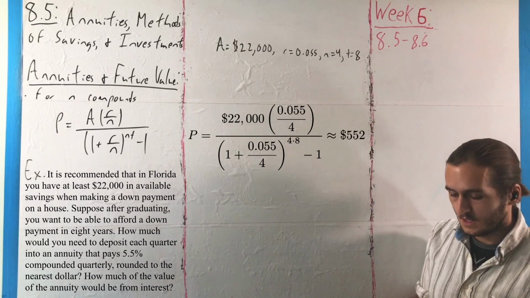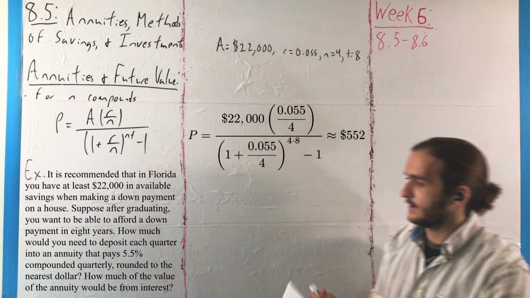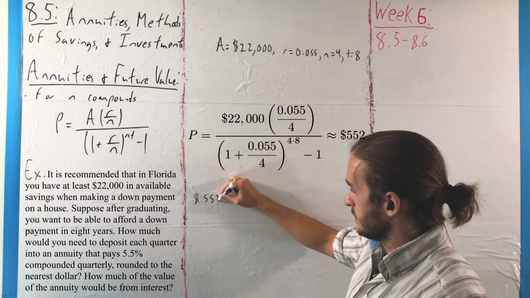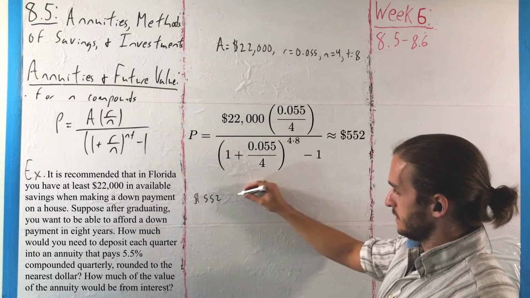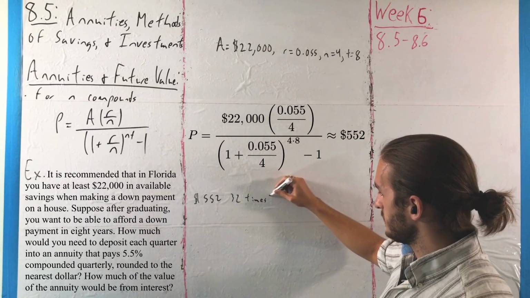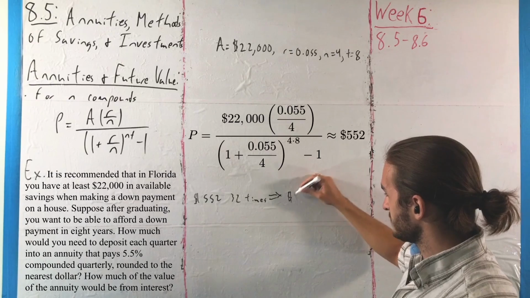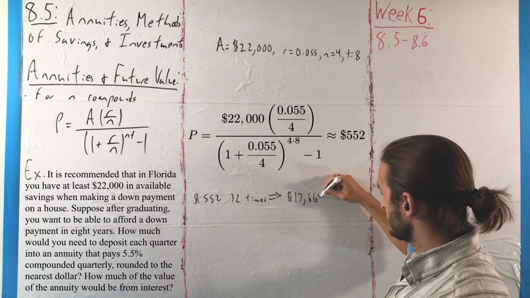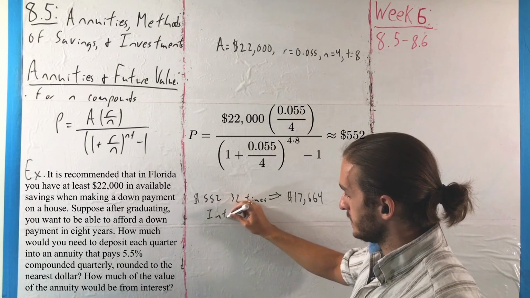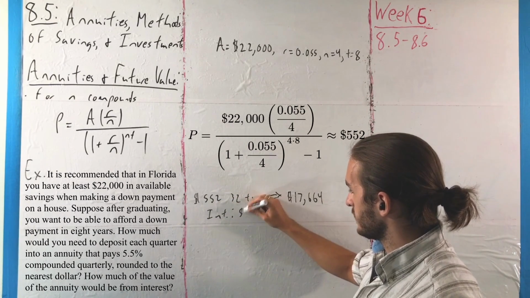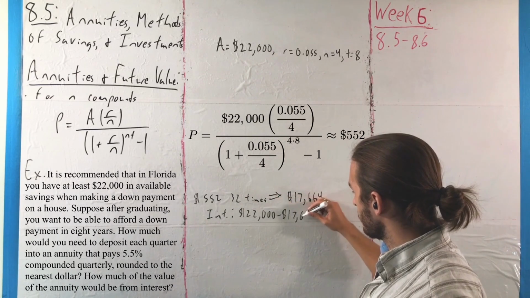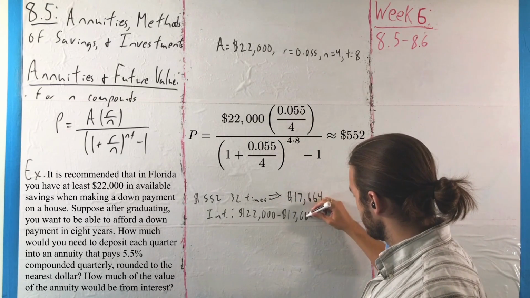$552. Where if you're depositing $552 every 3 months, that means that you're depositing it 4 times per year for 8 years, so 32 times, means that you are depositing into that account $17,664. So the interest value, which I'm just going to denote INT here, would end up being 22,000 minus 17,664, or just